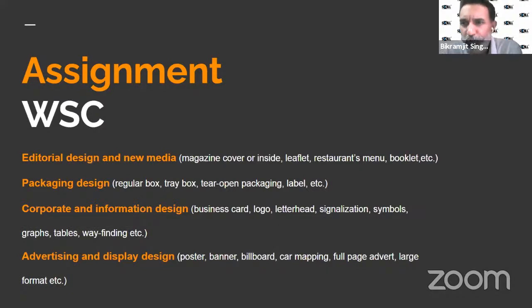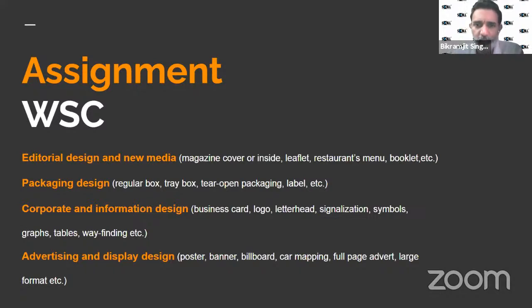The editorial design and new media category will have magazine cover, or probably inside leaflet, restaurant menu, booklet, etc. Packaging design: regular boxes, tray box, tier open packaging, label, etc. Corporate and information design: business card, logo, letterhead, signalization, symbols, graphs, tables, wayfinding, etc.